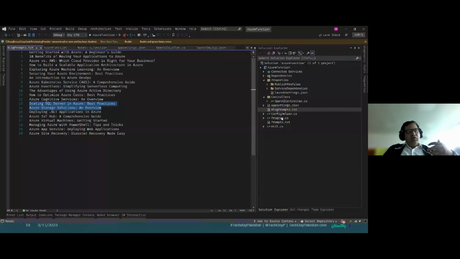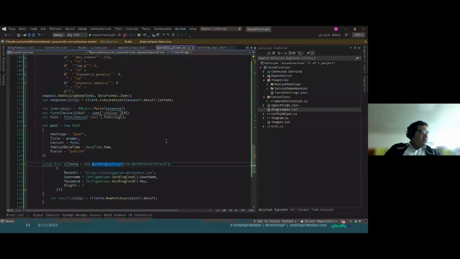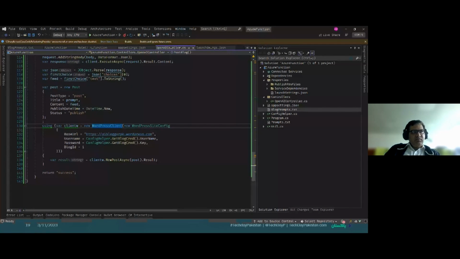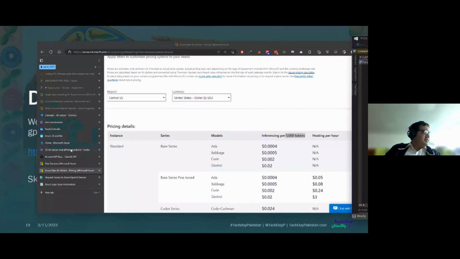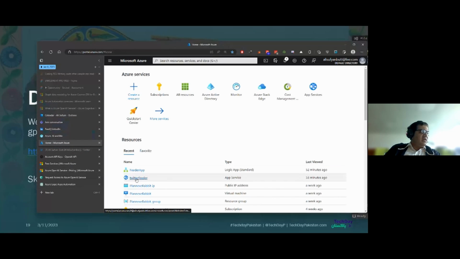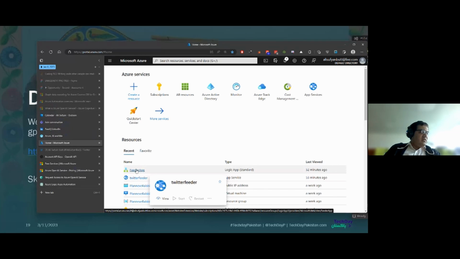It can also be picked from a database or a Cosmos DB, or wherever we want to pull it from. So it could be dynamic as well later on. It's just for the sake of the demo that I've pulled it from a web app here. So this application is hosted on Azure here. It says Twitter feeder. So based on this,